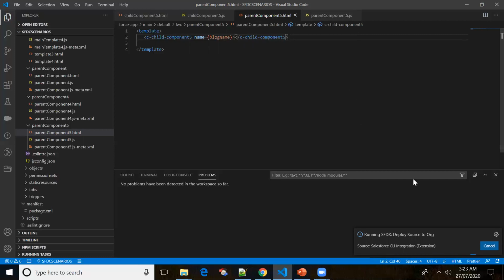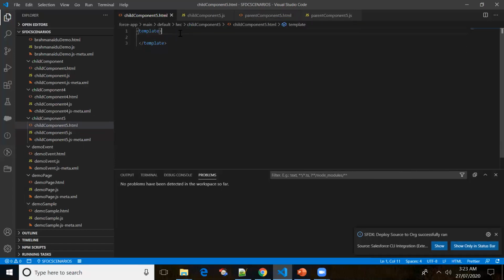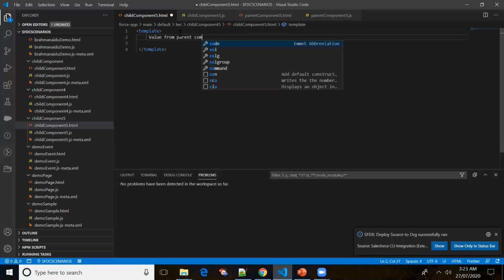Now the code is getting deployed. Let's wait for a while. Okay, now let me go to the child component and put a simple message: a value from parent component is, name.